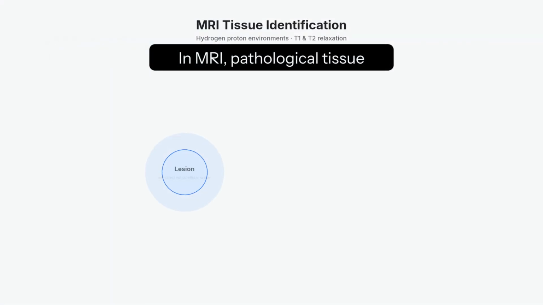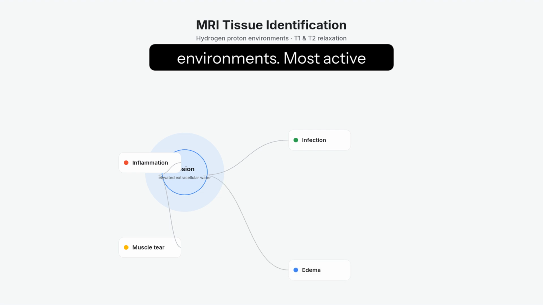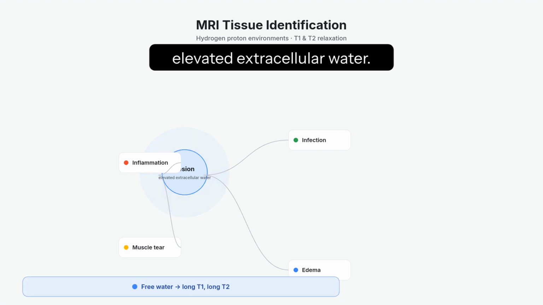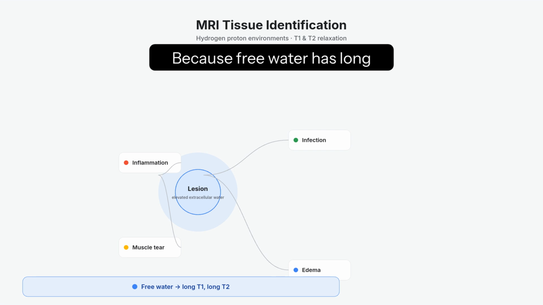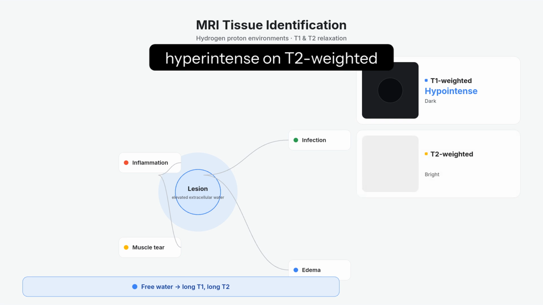In MRI, pathological tissue identification relies on relaxation times driven by hydrogen-proton environments. Most active pathologies, such as inflammation, muscle tears, infections, and edema, contain elevated extracellular water. Because free water has long relaxation times, inflammatory lesions appear hypointense on T1-weighted sequences and hyperintense on T2-weighted and fat-suppressed